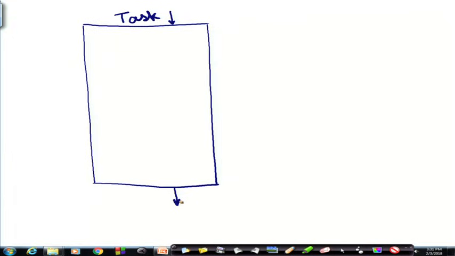Often what we do is break up this task into a set of smaller subtasks, different subtasks.